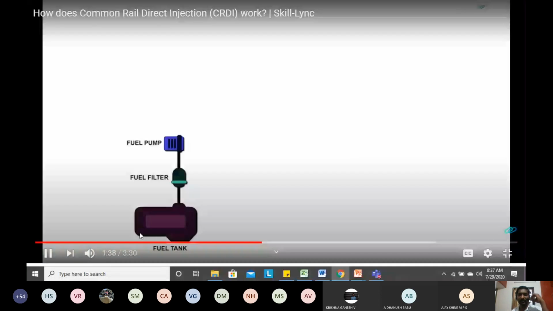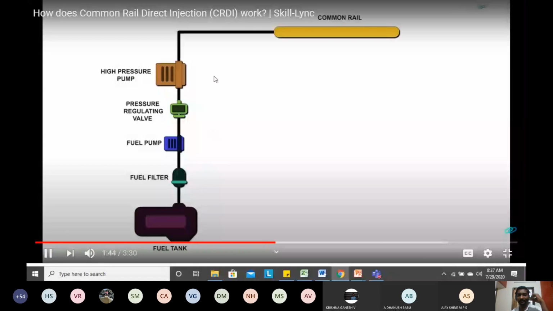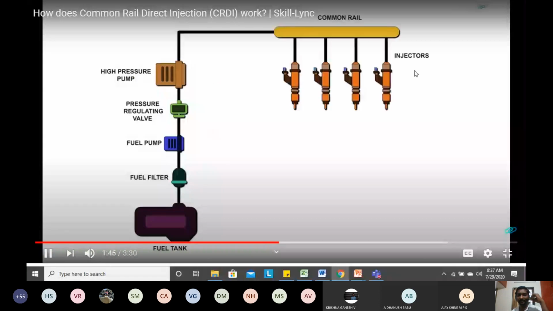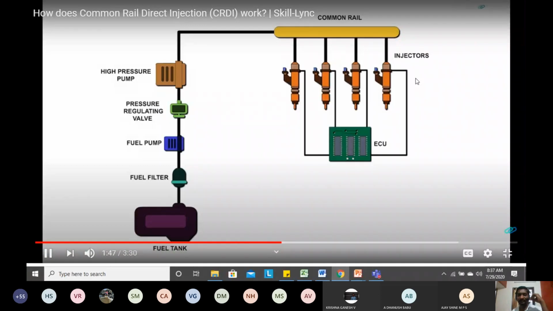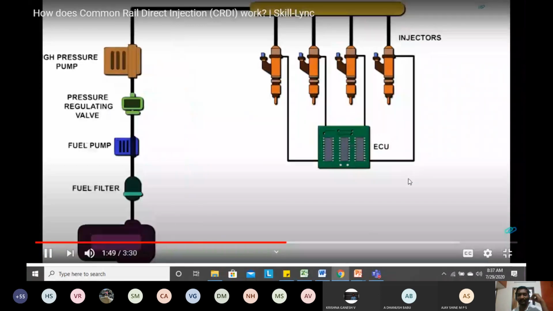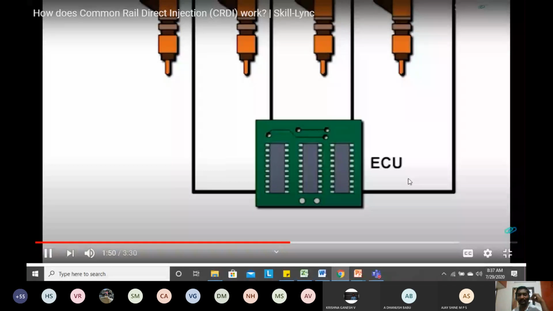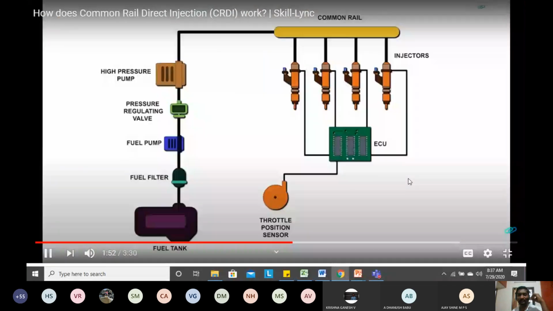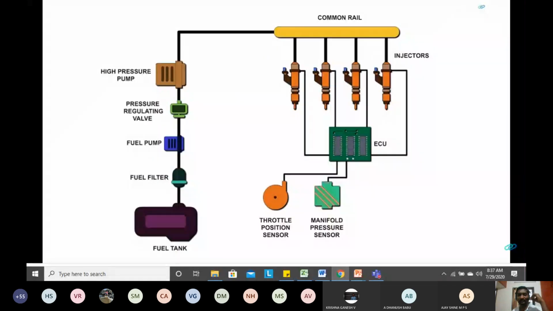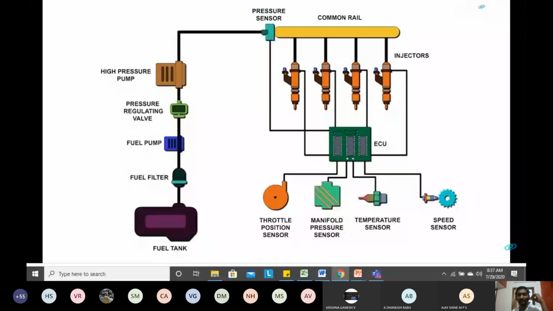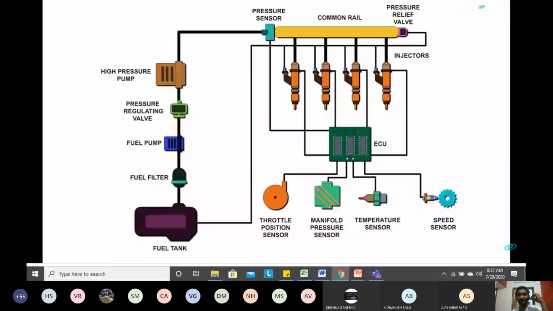The fuel tank is connected to the fuel filter, which in turn is connected to the fuel pump. The high pressure pump is in connection with the common rail that connects individual injectors. The injectors in turn are connected with an electronic control unit, which is fed by the throttle position sensor, manifold pressure sensor, speed sensor, and the temperature sensor. The common rail is attached with a pressure sensor connected to the ECU and a pressure relief valve connected to